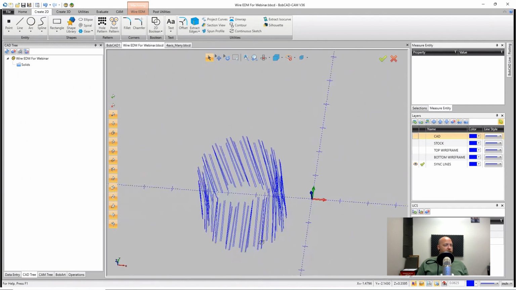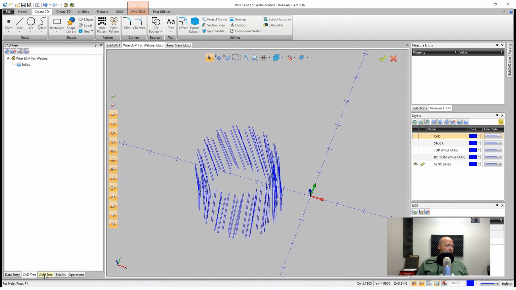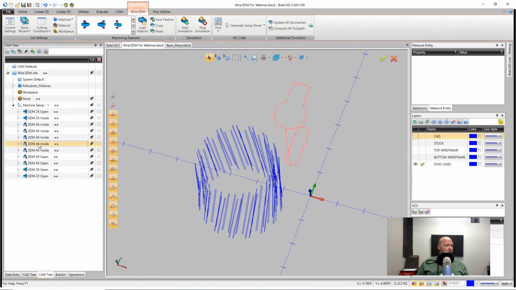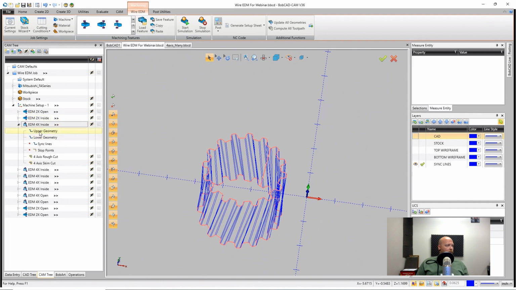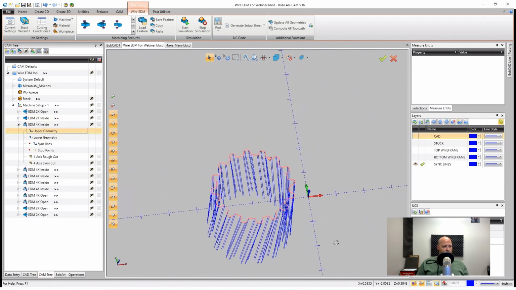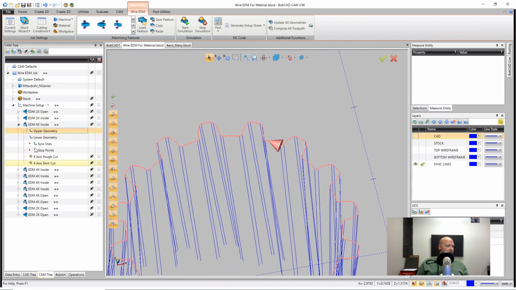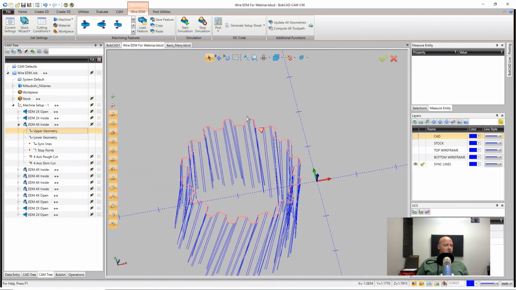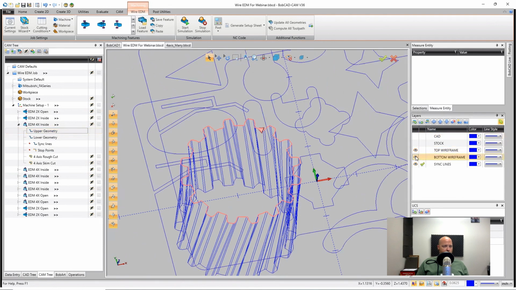So these are the sync lines. So I want to start by going to the cam tree. And we're going to go to this shape, wherever I put it, whichever one it is, this one here. And I'm going to look at one thing first, my start points. I want to make sure I'm starting fairly similar in positions. That's part of the reason we're switched right there, you can see. So if I turn this back on just for a visual,